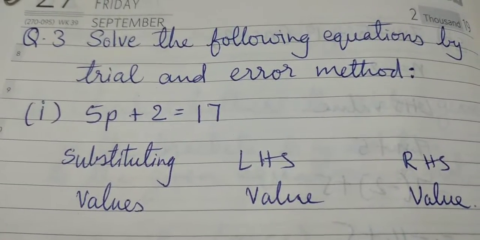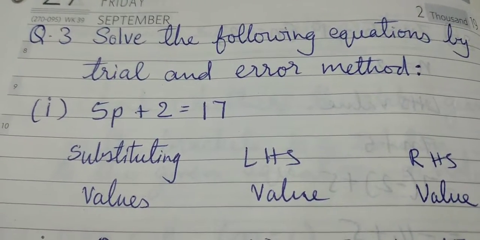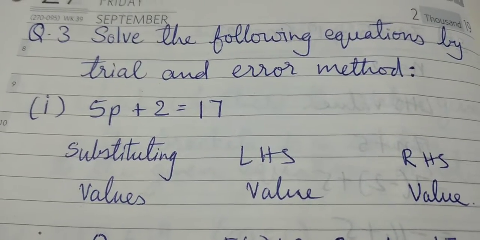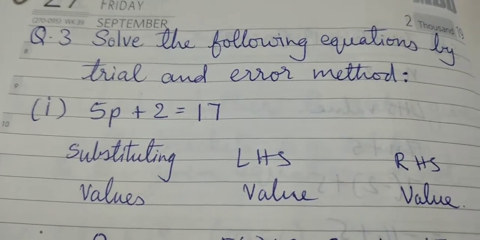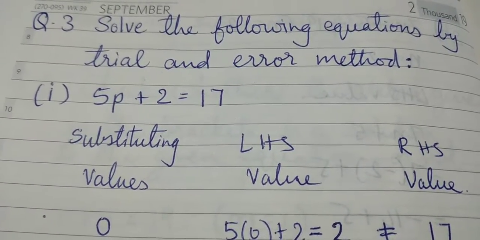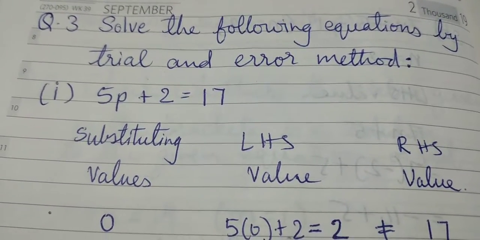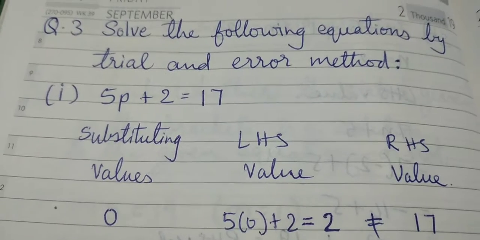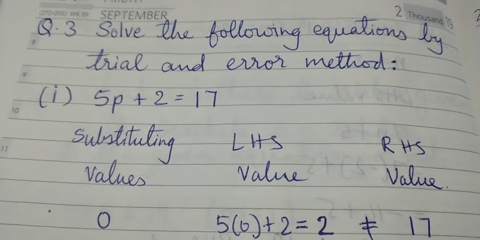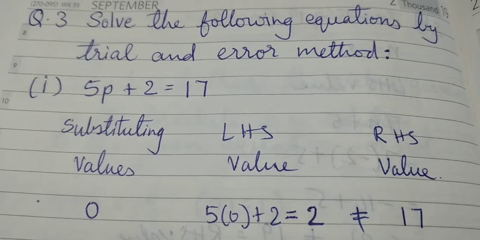Now our next question is about solving the equation by trial and error method. In this trial and error method, a particular value of the variable is not given. Instead, we have to choose a few values for the variable and then check whether either of them is the solution of the given equation or not. So how you are going to do it is, see here,